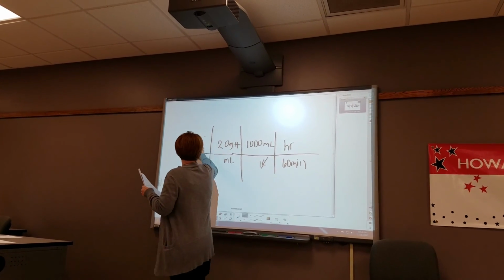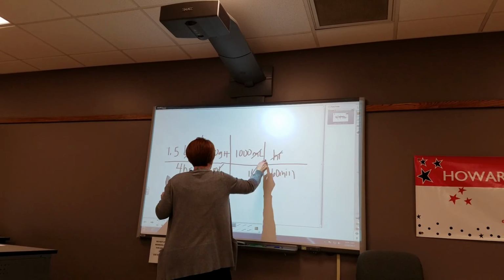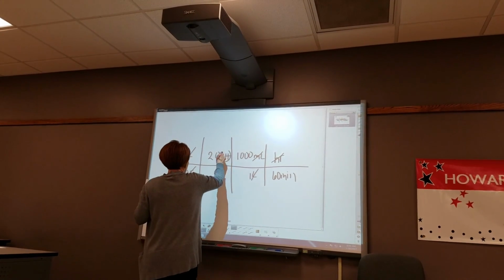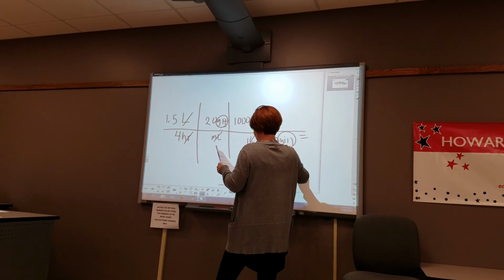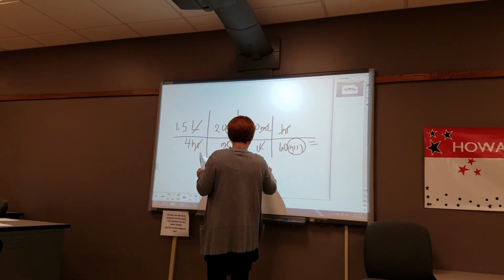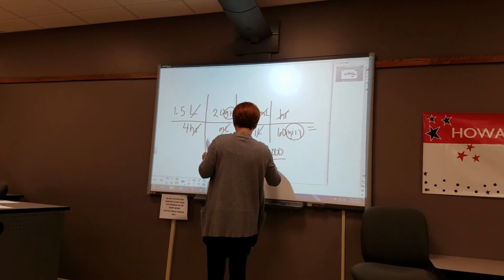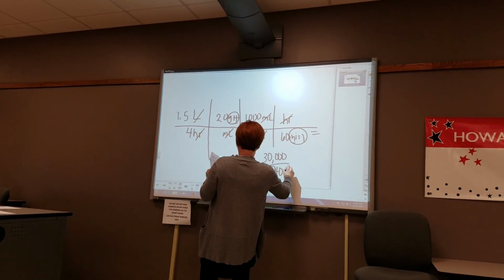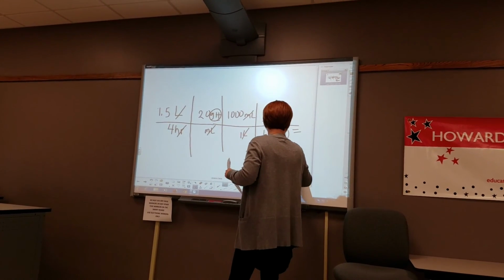Liter. Drops per minute. And it was a big number, right? But it's okay. 30,000 over 240. It's also 125. Is that what y'all got? Drops